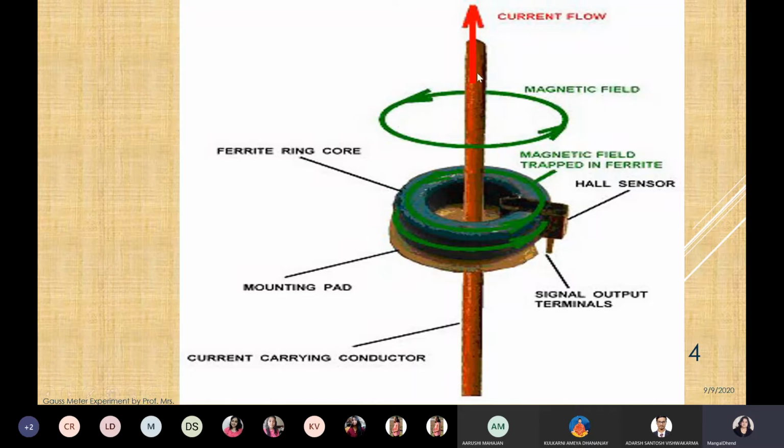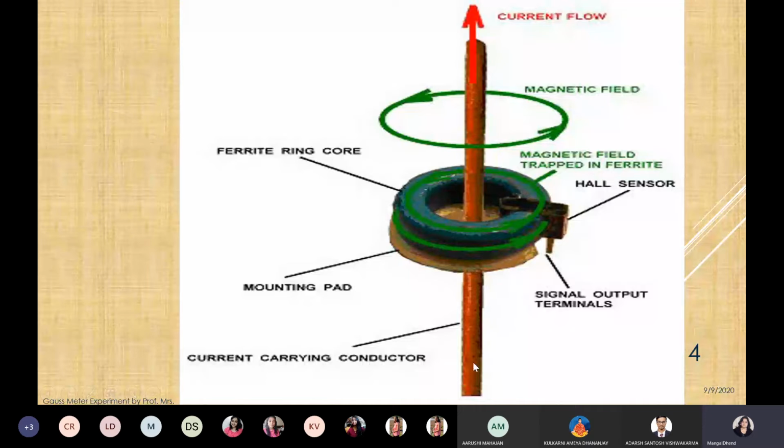Now you will place this probe. Suppose the magnetic field is in this direction. Okay, and then there will be a Hall sensor, because it has to sense flux density. So this probe will have some sensor also. Whatever magnetic flux is produced, it has to sense that. And then you also have to pass current through this strip, because what is the principle? If you just take a semiconducting strip and place it in a magnetic field, then nothing will happen. You have to pass current through it also.